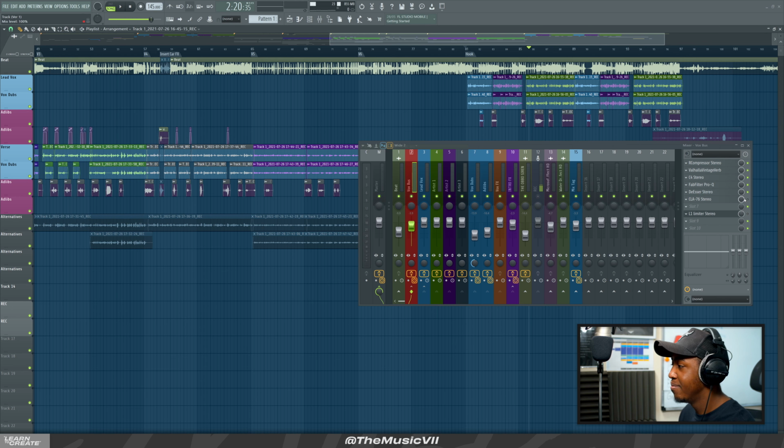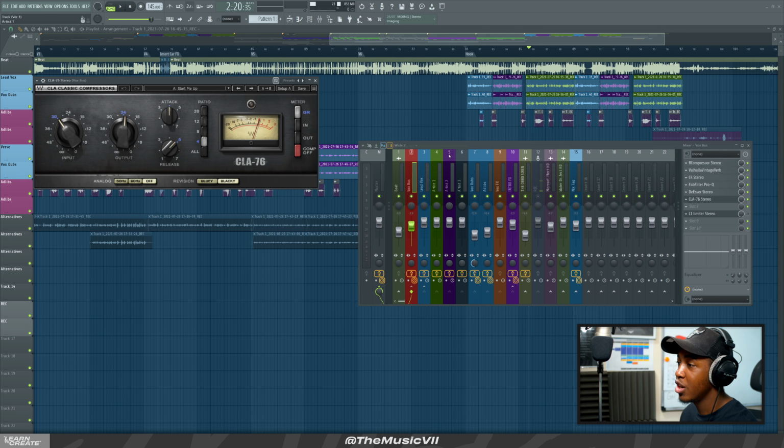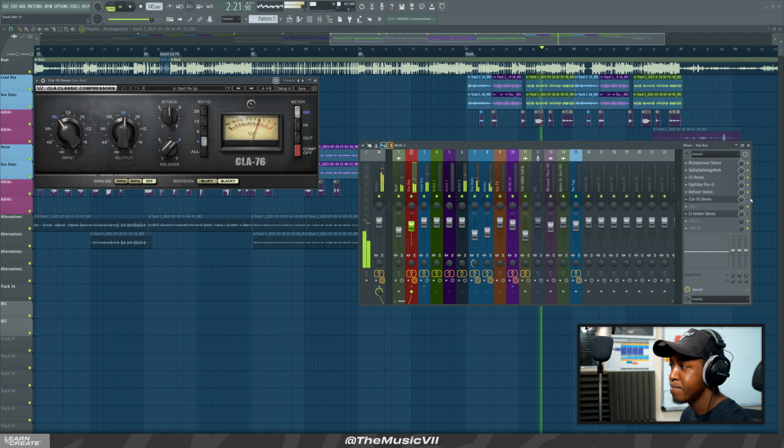Anyway, after that de-esser, I added another compressor. This compressor kind of is like the bones of the mix. It's like adding meat to the mix. So without the compressor: